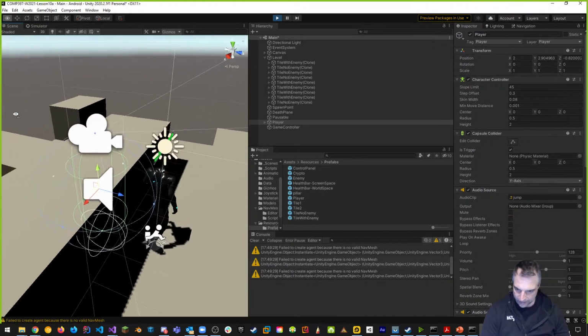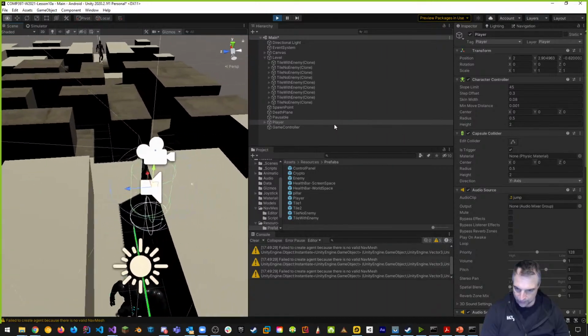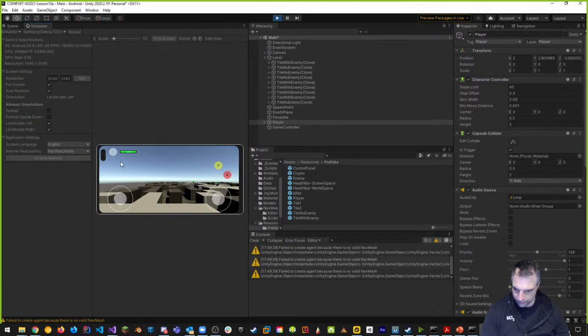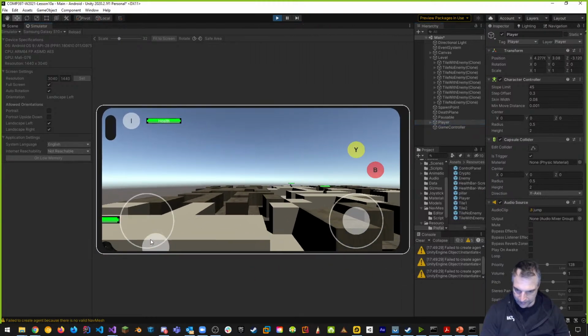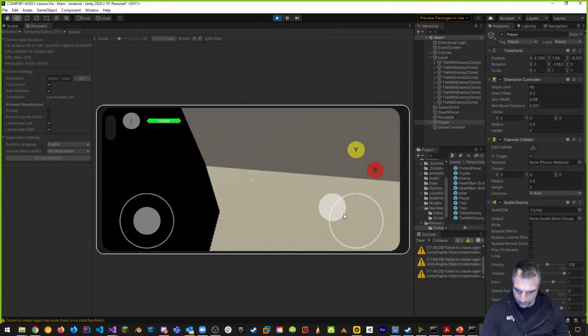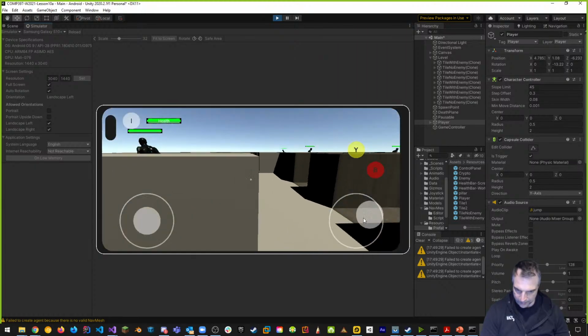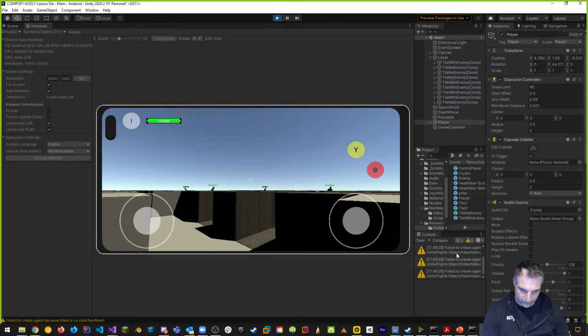My player is randomly on the edge of the issue. Can I move? So is there a problem moving? What happens? Am I dead? Well, no, but how come the enemy's not chasing me? It says failed to create agents